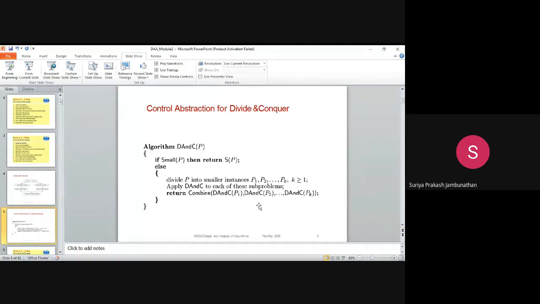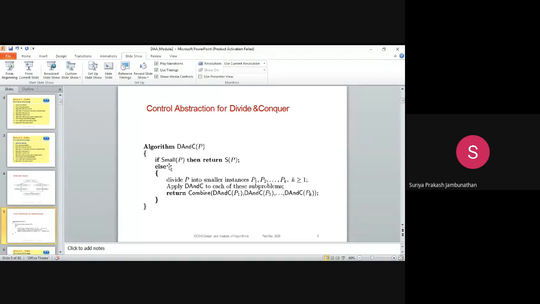We have a method, algorithm DNC of P. D and C mean divide and conquer; they are using it as the method name. P is the value they are passing, the n value, which is named as P. For our exercise, the n value is 7. If you have an n value of 6, you pass the P value as 6. If you have a single value, our P value will be 1. In spite of n, they gave P here.